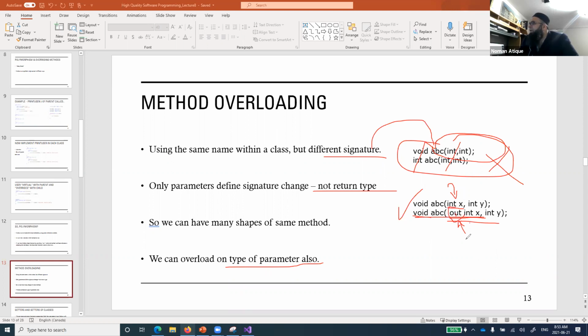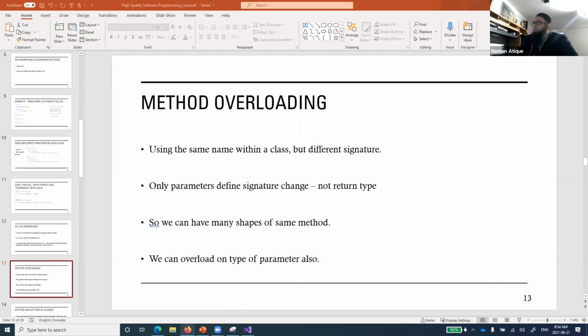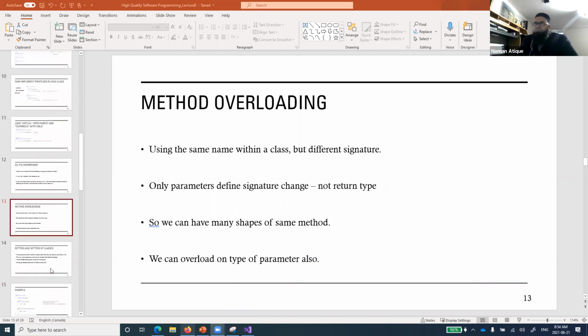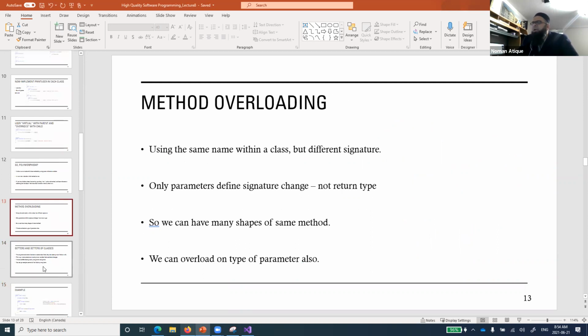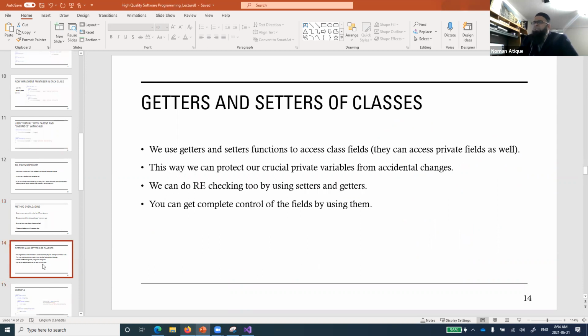Out was used for taking the return from the function, but out coming over here does not make it a return type, because it is returning but it's not the return type. You have to keep that in mind. So we can do that as well. This is method overloading, and I've just given you the example.